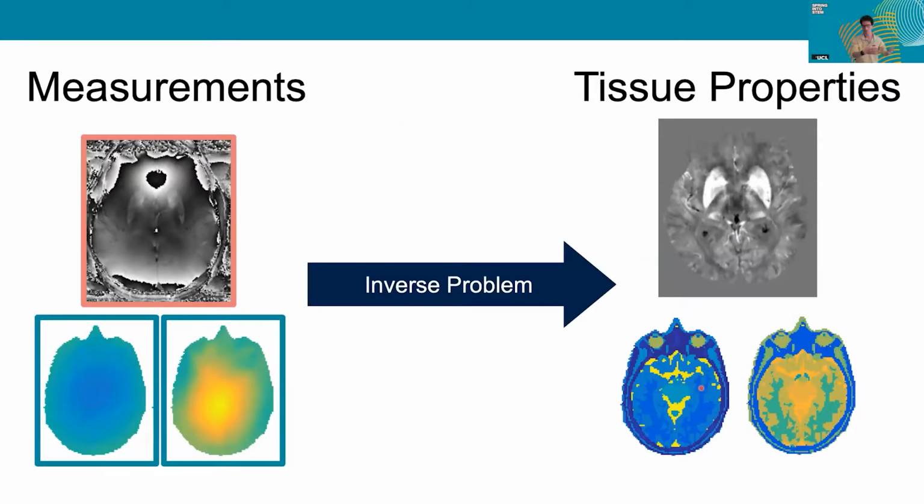And with these measurements, we essentially reconstruct these quantitative tissue properties and then use those to be able to say more about what the brain is exactly made up of at various stages in life or during various activities. Unfortunately, this is much like the race car, an inverse problem, which is not as simple as reading off the values from your measurement, but it requires inverting the model that relates them to the measurements. And that requires a bit of complicated mathematics.